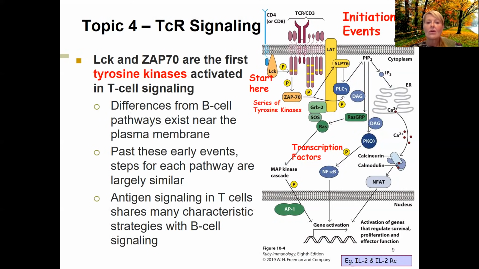So there are some important tyrosine kinases involved in activation of T cells. And two of the main ones that I think you should know are LCK and ZAP70. And you can see them here. So here's LCK right here. Here's ZAP70. So when this complex is engaged,